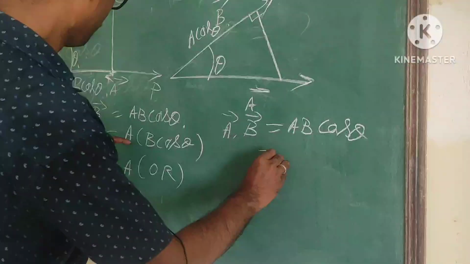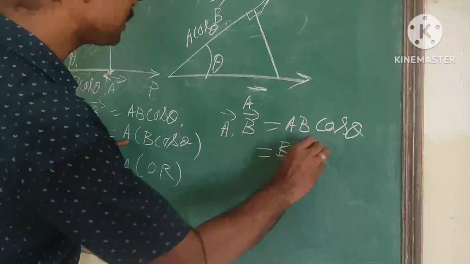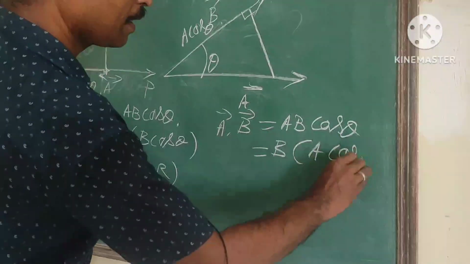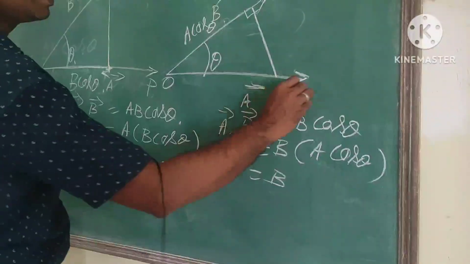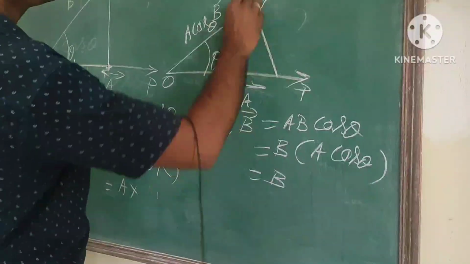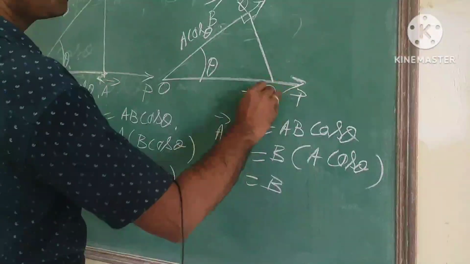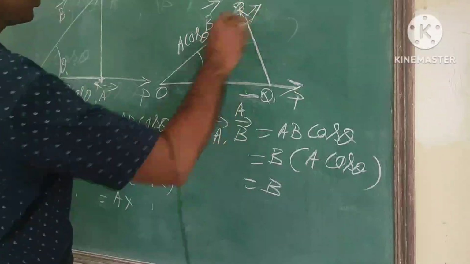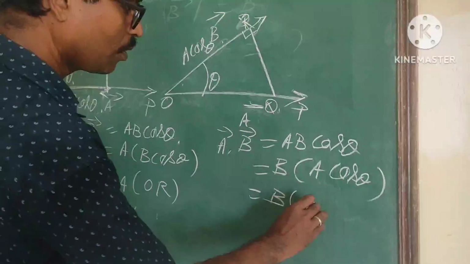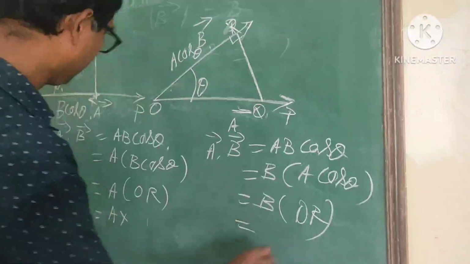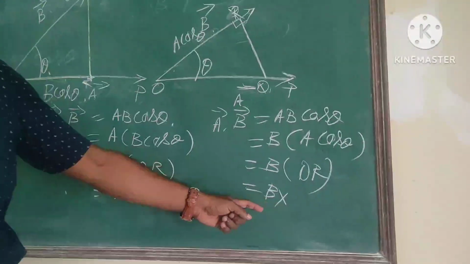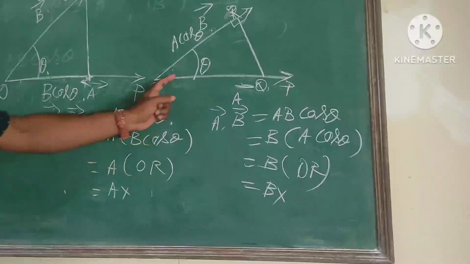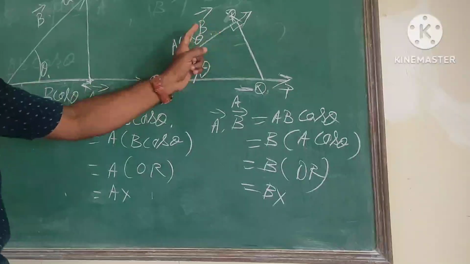Okay, but what are you taking here? Here it is b a cos theta. So just the opposite, b a cos theta. Suppose you are taking o, it is b, it is q, q suppose it is r. So now it is suppose b into or. What are you getting? Similarly, b into the magnitude of one component of a cos theta in the direction of